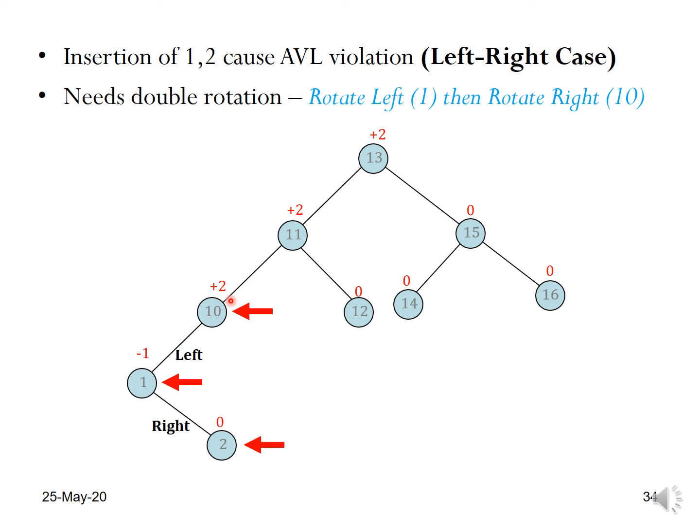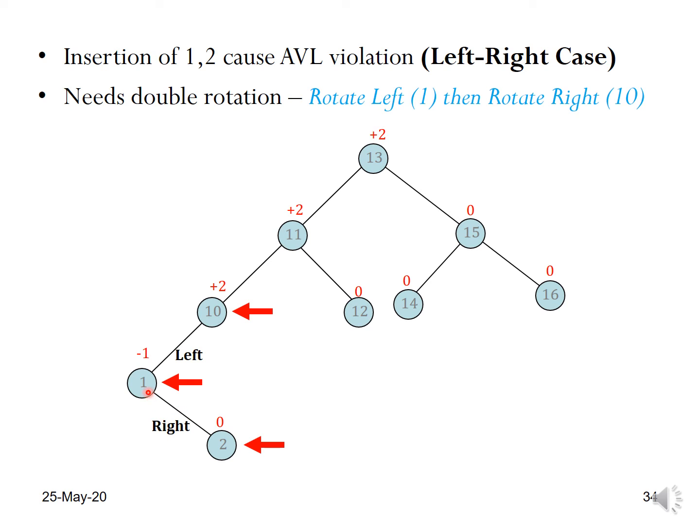Now what we will do, we will perform some rotations, but first we will see which three nodes we have to consider. Like here we are seeing that this is plus 2, this is plus 2, this is plus 2. So we can say this is a left, left, left and right case, but we will move from the bottom. So we will consider this node, this is plus 2. So this is a left right case. It means we will perform the double rotations.